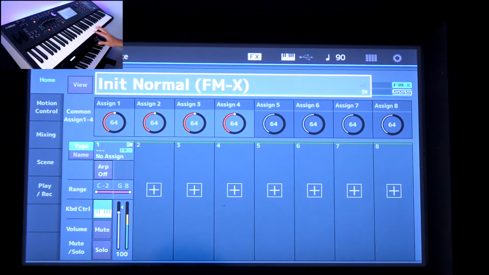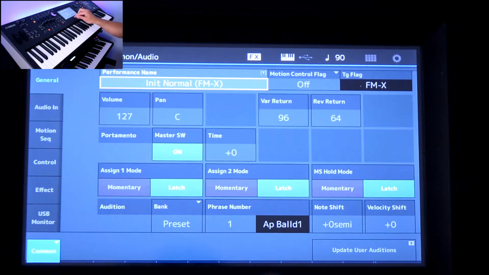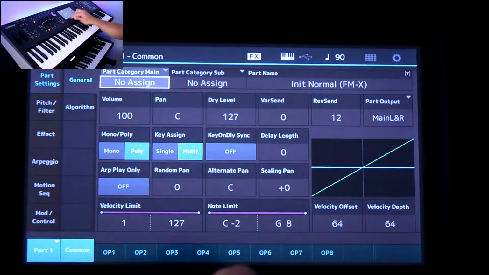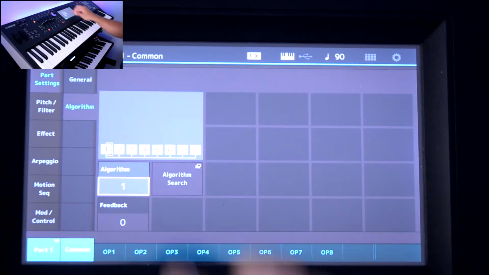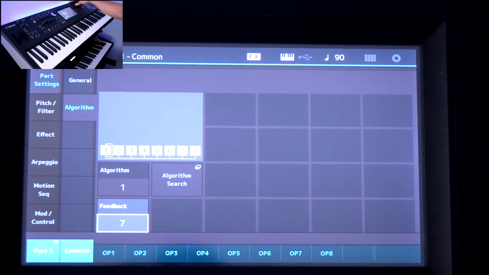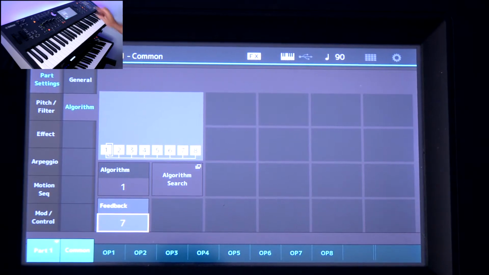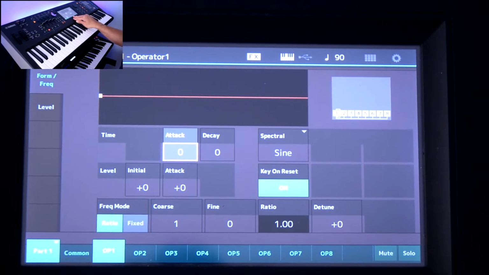And now to create a pad, let's go in here and edit it, part 1. And what I'm going to do is start off with just the first algorithm here, give it a little bit of feedback, or a lot of feedback in this case. And let's go to our operators. Now to start a pad,